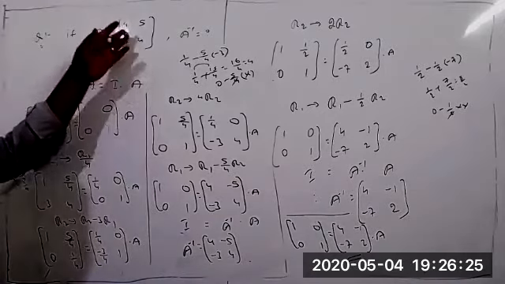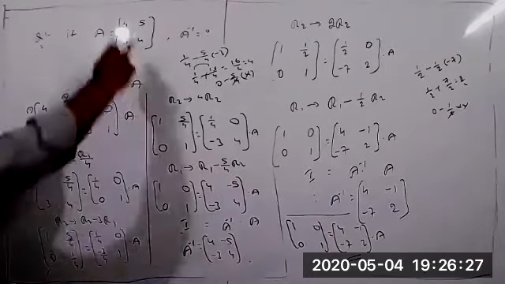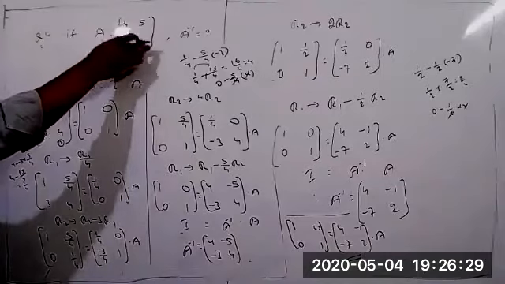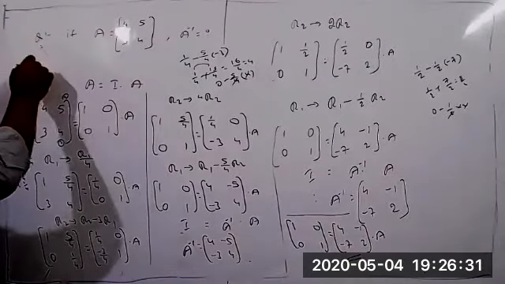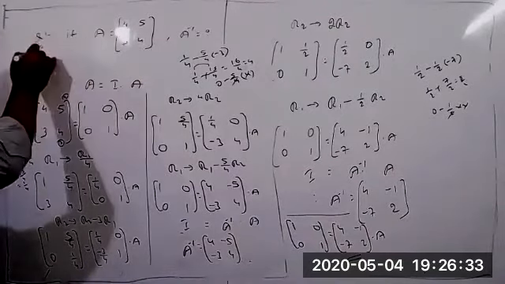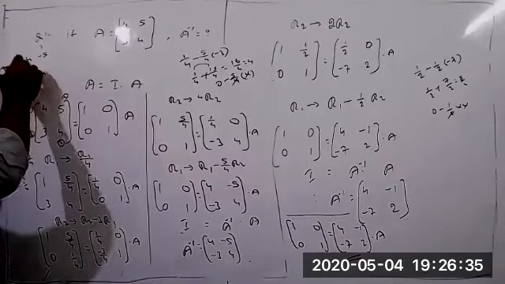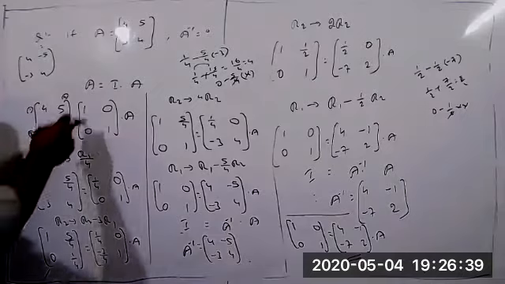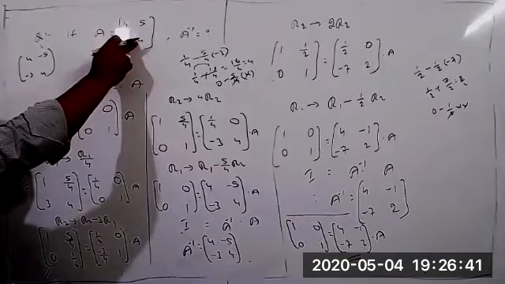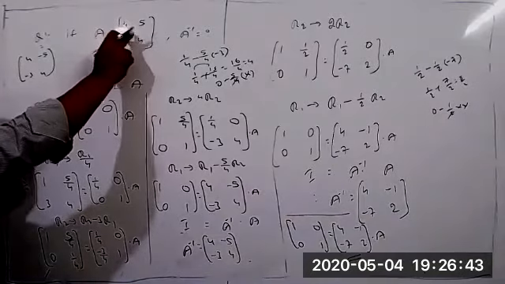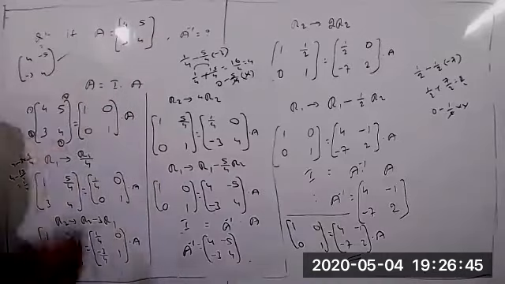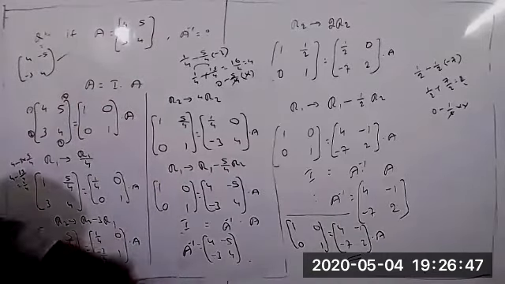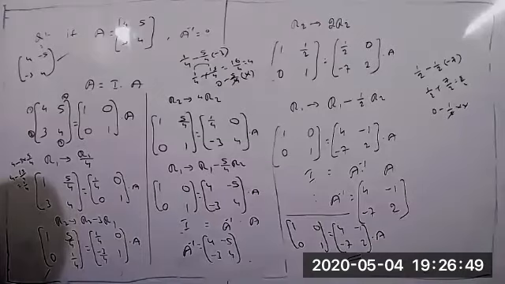Here only we can verify the same problem. Interchanging both of them: 4 and 4 interchange, and these two numbers you can write with the opposite sign. So minus 5, minus 3. This we call the adjoint. And find the determinant now. AD minus BC: 4 4s are 16, minus 3 5s are 15, 16 minus 15 equal to 1. Yes, same thing, we got the same result. A inverse equal to 4, minus 5, minus 3, 4.